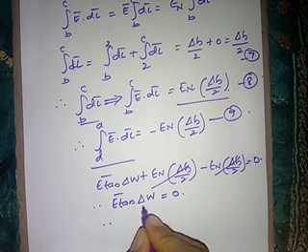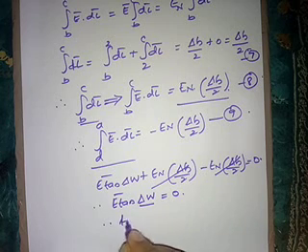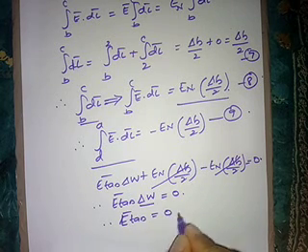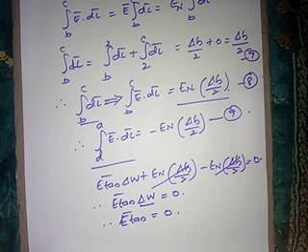Therefore, delta W is the width, it cannot be 0. So we have E tan bar equal to 0. This indicates that the tangential component of the electric field intensity is 0 at the boundary between conductor and free space. It also indicates that E bar at the boundary between conductor and free space is always in the direction perpendicular to the boundary. That is, we have only the normal component at the boundary, whereas the tangential component E tan bar is equal to 0.